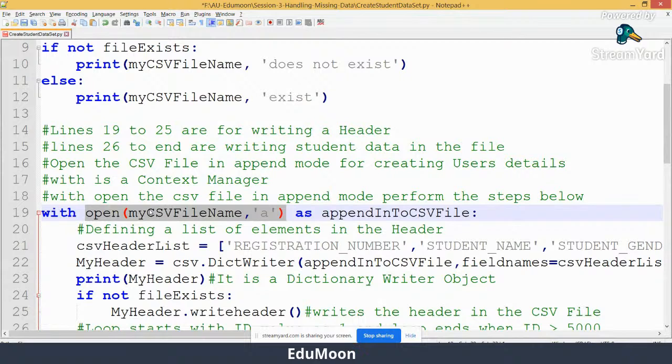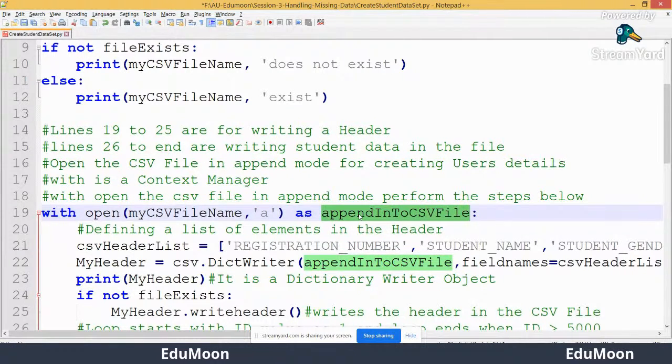So I am opening a CSV file, which is stored in this CSV file name, in append mode, and I am taking the object as append into CSV file. Then